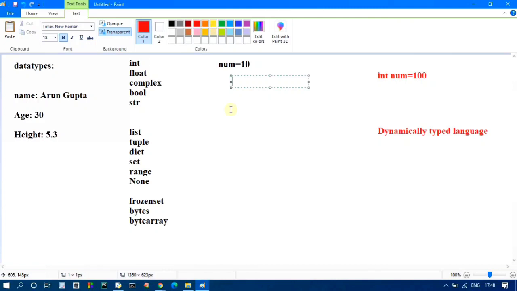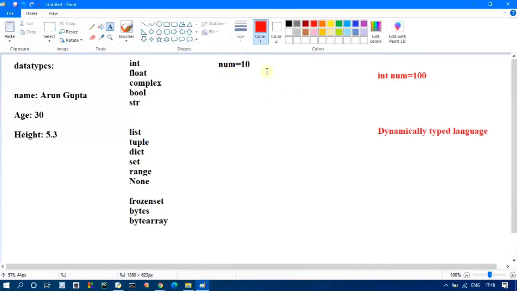Python, depending on the value, automatically gives that variable a type declaration itself, and that type declaration is done internally. There is no burden for the programmer. Why would you have to remember the data type? That is not required, right?